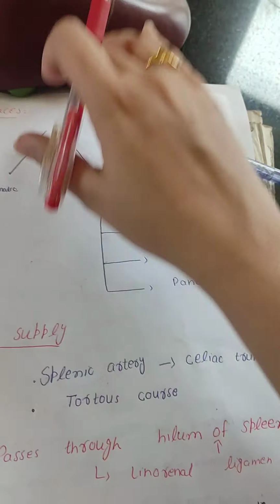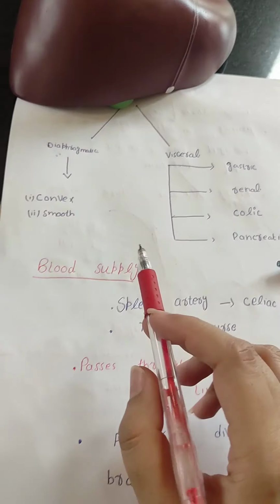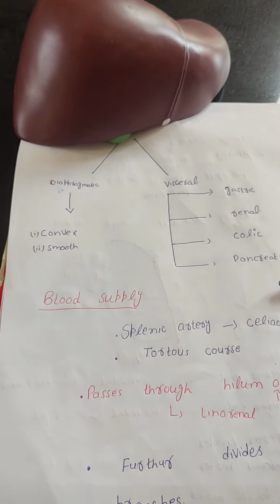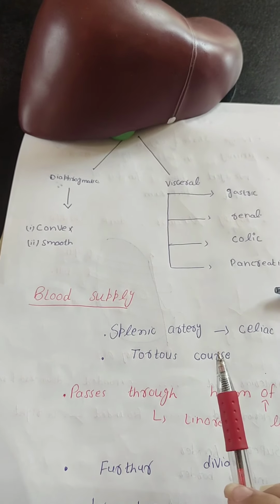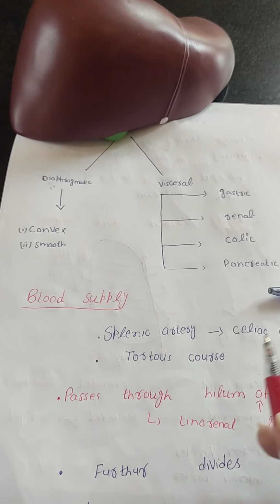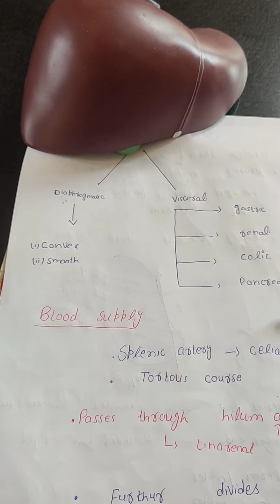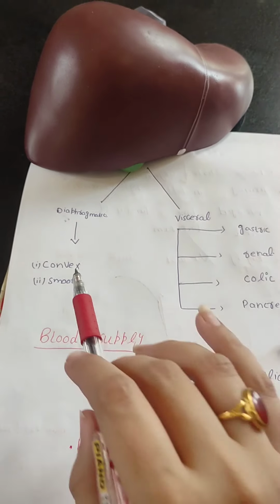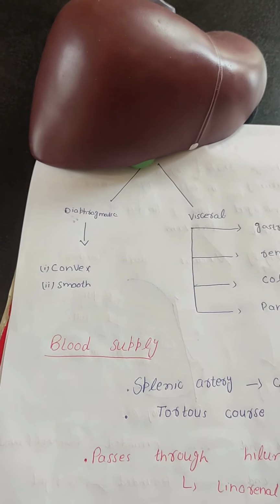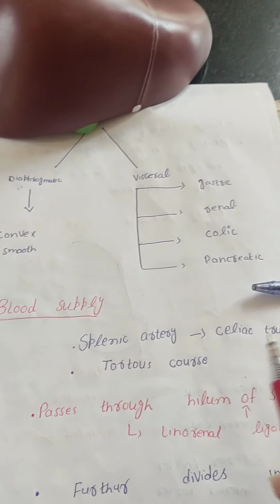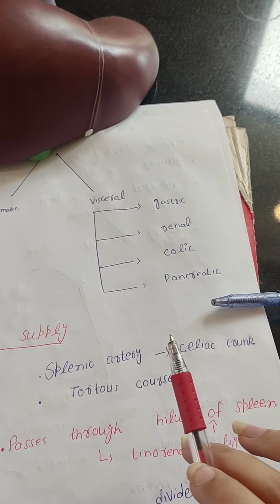we have 2 surfaces on the spleen. One is the diaphragmatic surface and one is the visceral surface. Diaphragmatic surface, as the name shows, is where the spleen is lying in contact with the diaphragm. The surface of the spleen which is giving contact to the diaphragm will be known as the diaphragmatic surface. Diaphragmatic surface is convex and smooth, while visceral surface कौन सी होगी जहाँ पे different viscera आके